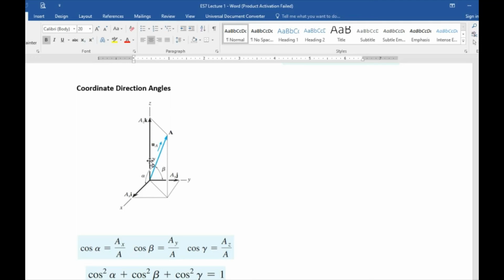Kasi guys, diba, ito yung angle, adjacent side is isa sa dalawang sides na pinanggagalingan ng angle. Okay? Diba? This is the adjacent side, this is the opposite side, and this is the hypotenuse. Alright? Yan. Tapos, parang ano din lang siya, Pythagorean, di ba? So, the square of cosine alpha plus the square of cosine beta plus the square of cosine gamma is equal to